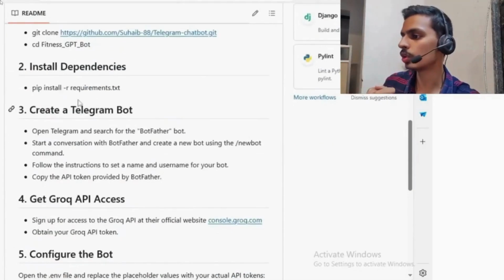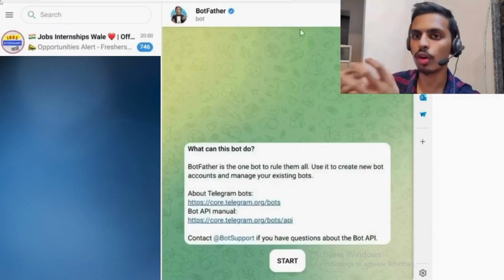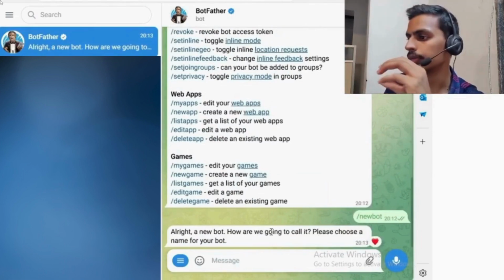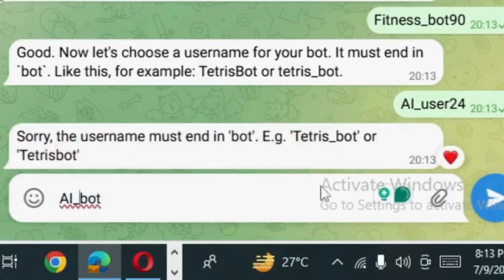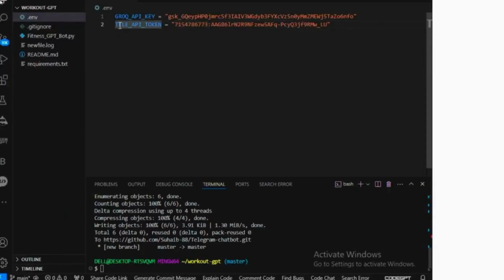The next step is to create a Telegram bot. It is very simple. All you have to do is go to your Telegram and search for BotFather. You just want to type /newbot and it will create the new bot. The bot is up and running. Now you just have to copy this token, tele_API_token, and paste it here. And next step, we want to get the Groq API,